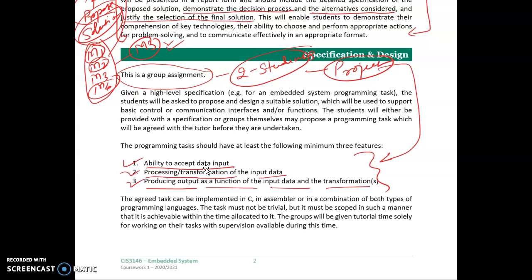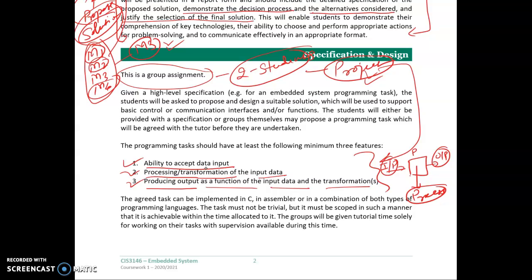So suppose this is your project: your embedded system project should accept input and produce some output by applying some process. This is the minimum requirement for your embedded system project.